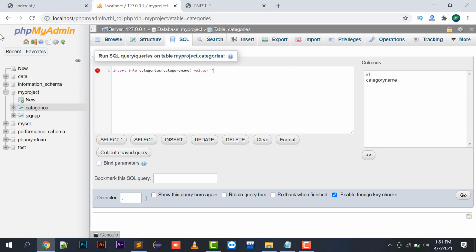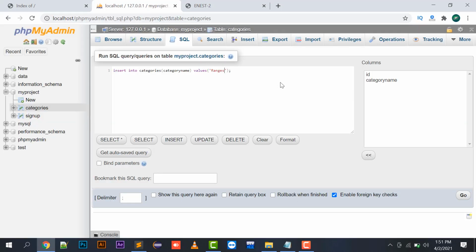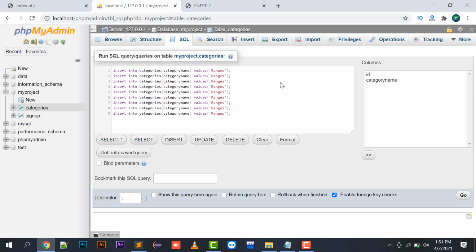values, single quote and the semicolon, and ranges. So I can just copy over here, ranges, then computers.